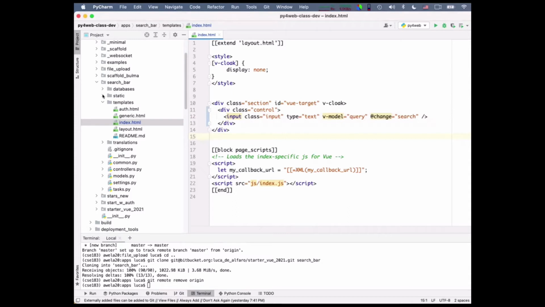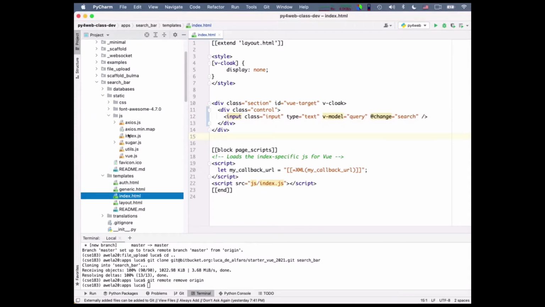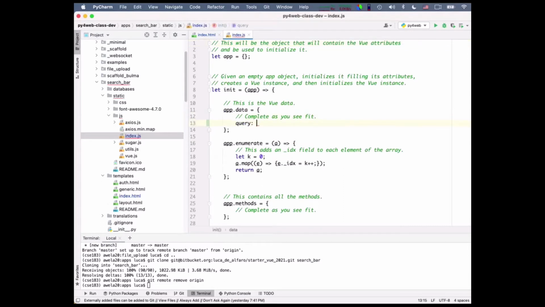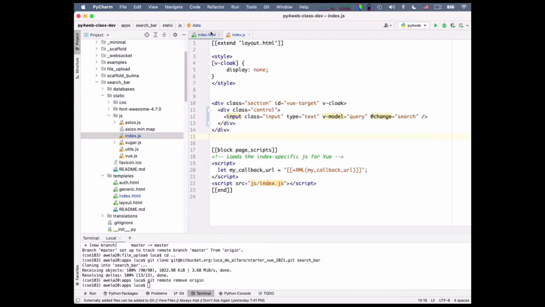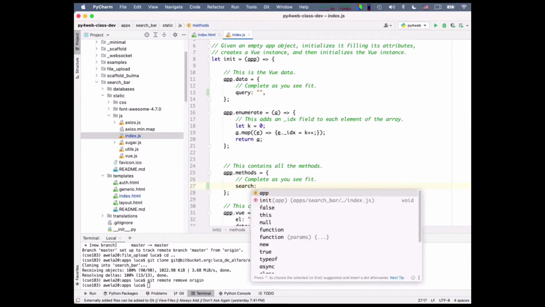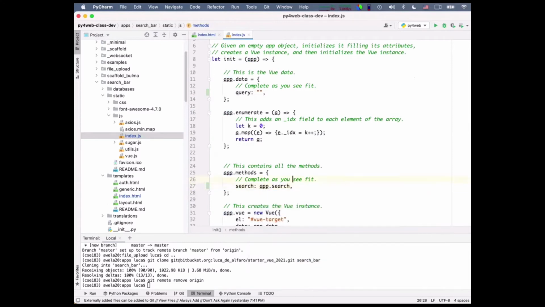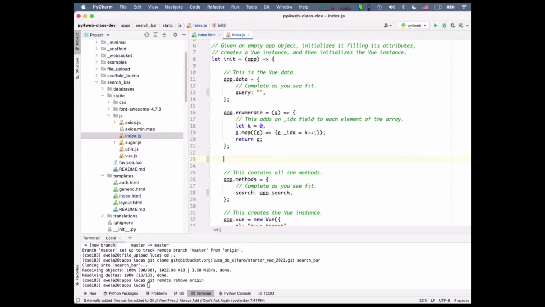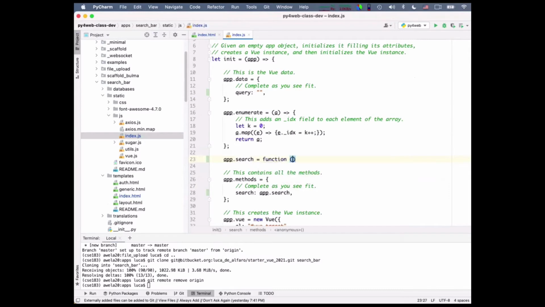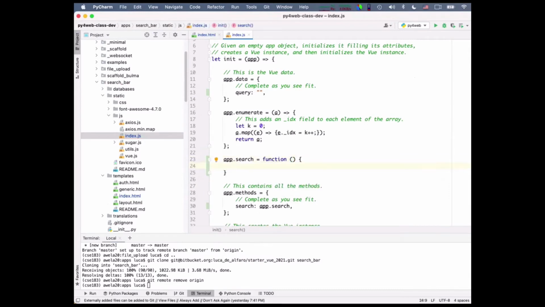Now in the JS, I need to declare query, which is going to be empty. Tell me if I make mistakes that you can obviously see. So there is query and search, and there is a search that is app search. Okay, now I need to do the search method. App search is equal to a function that takes nothing and what does it do?